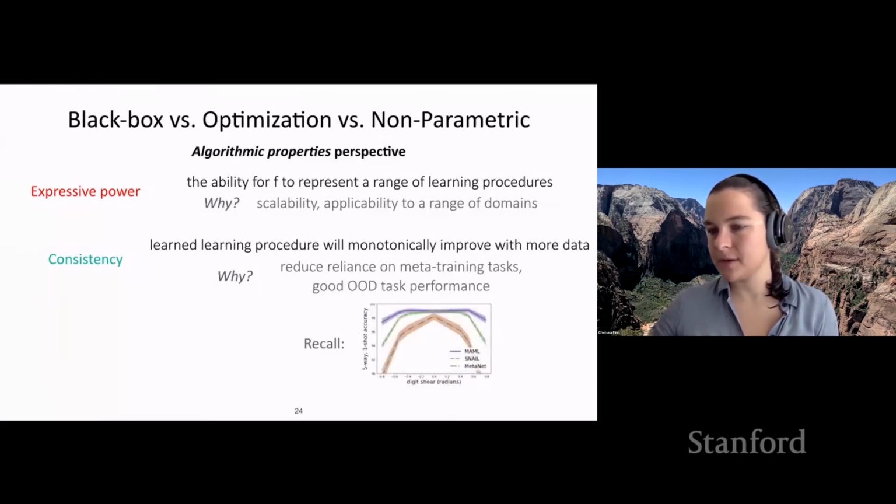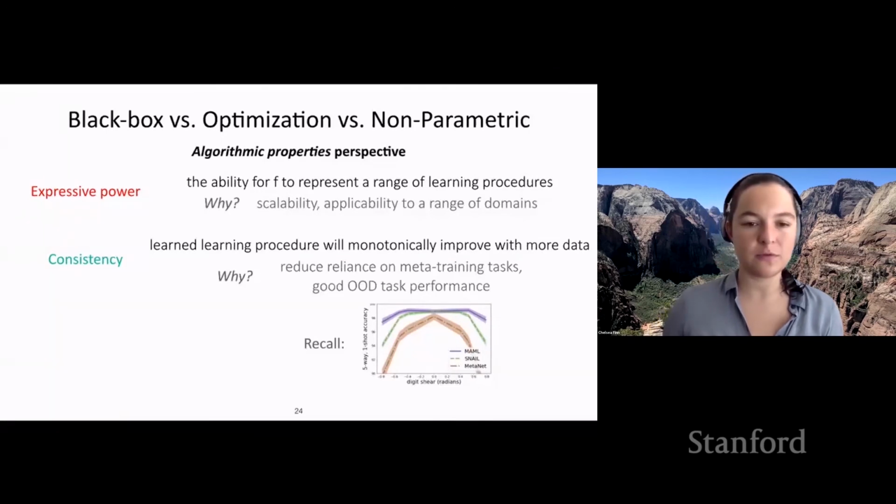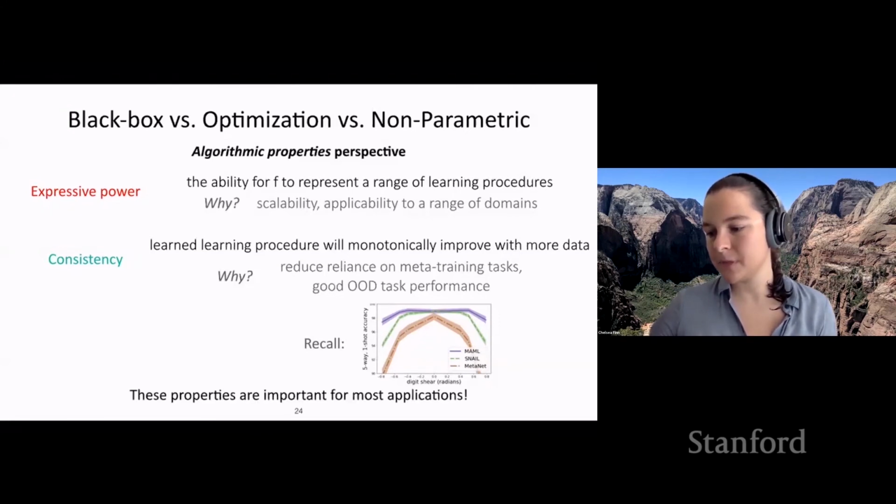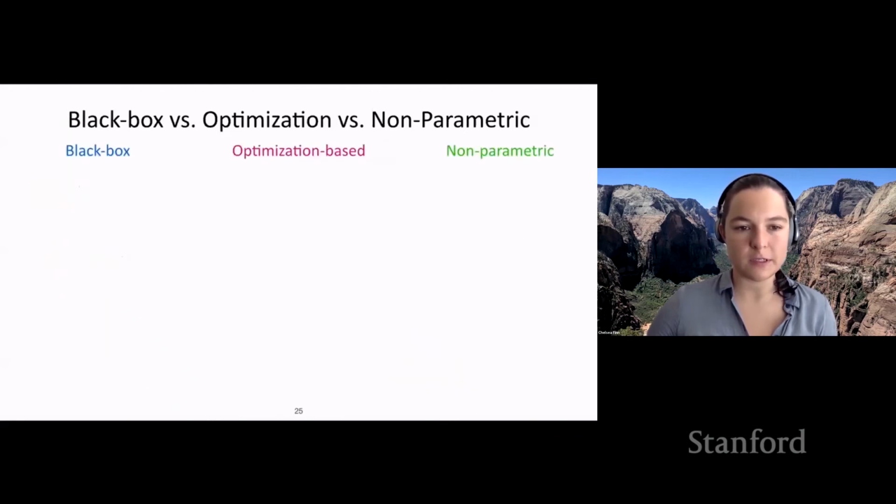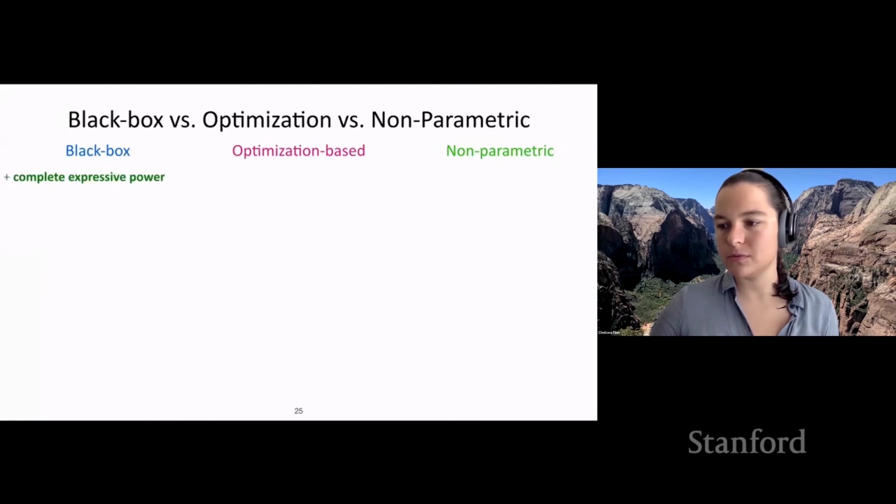Okay. And you can also recall the example that we showed before when we looked at out-of-distribution tasks, and we saw that MAML was a bit more robust. And I think that these two properties are pretty important for most applications. Now, how do these different approaches fare on these two